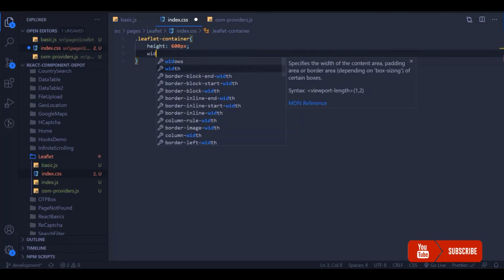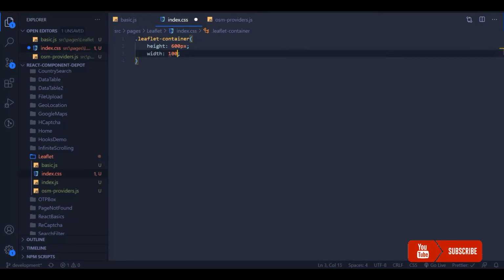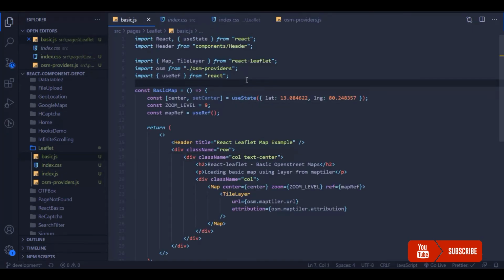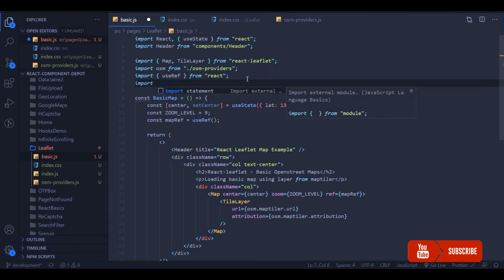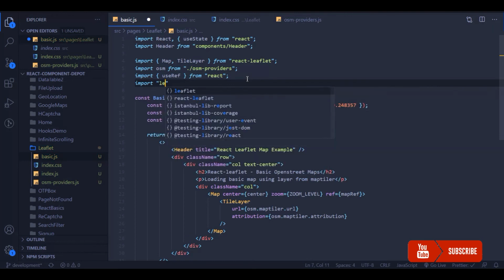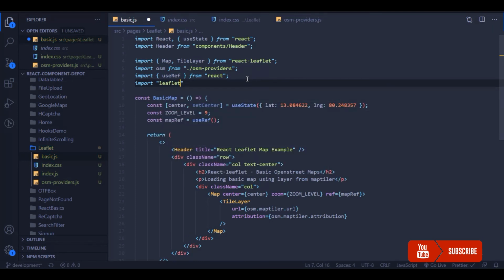I'm going to place width as 100%. And also you need to import the Leaflet CSS. You can import it from the leaflet package, dist slash leaflet CSS.